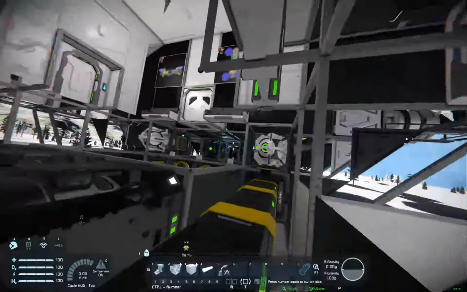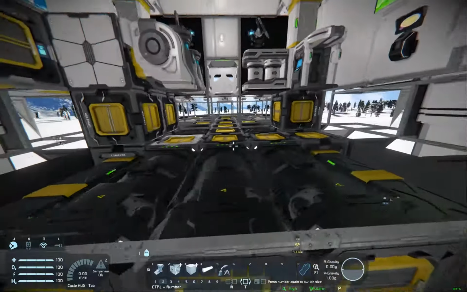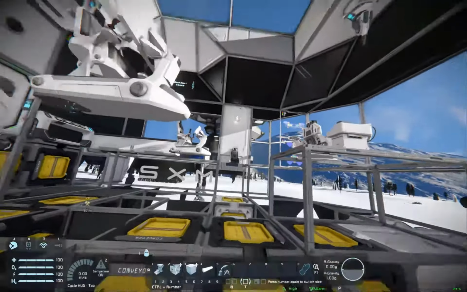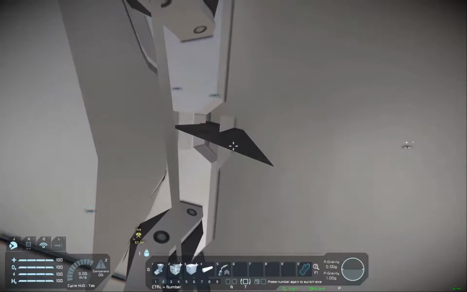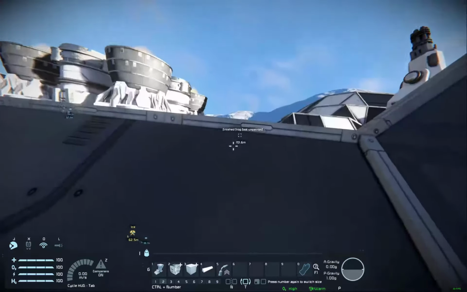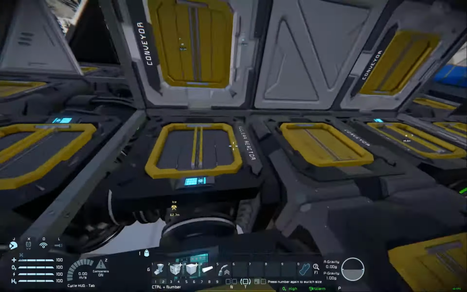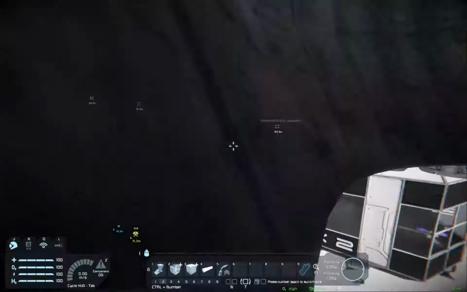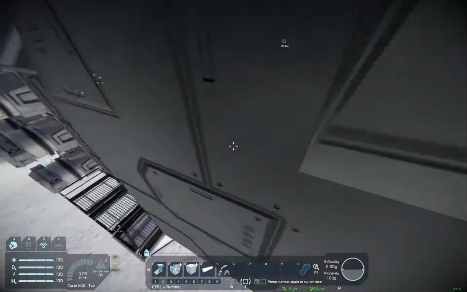And there's also more redundant hydrogen tanks and stuff down here. Everything's all tubed up properly. Quite a lot of tubing. It's amazing just how spacious the ship is for how packed it is, you know? It feels very open, yet I'm actually using a lot of the space for tubing and...